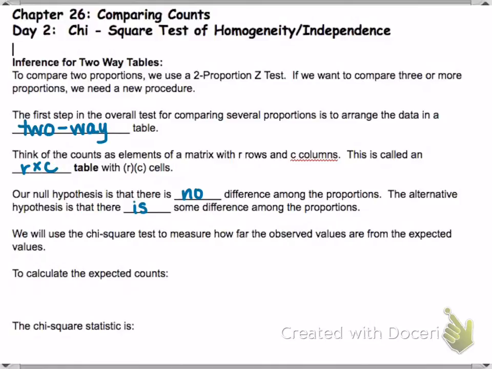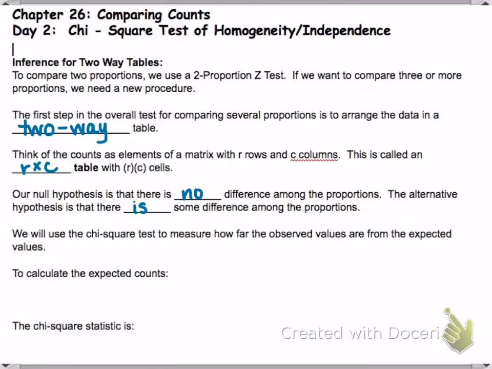So in the example on the first screen, we'd be saying that the proportions of students that go to employment or grad school or other are the same for all 4 of those colleges. That's what we'd be examining. That would be our null hypothesis, and the alternative hypothesis is where there is a difference among the